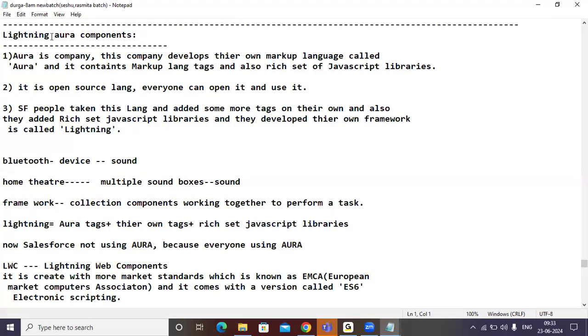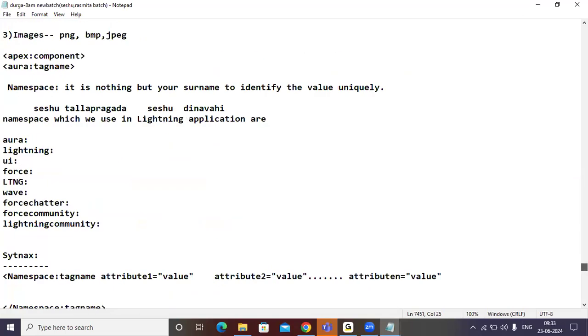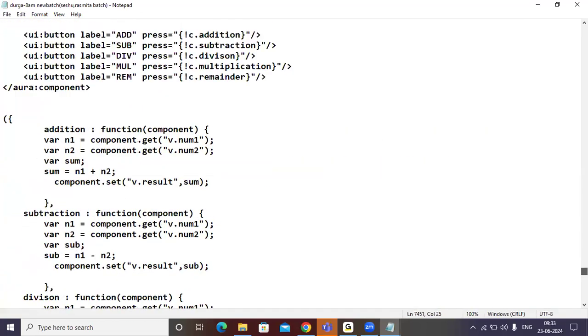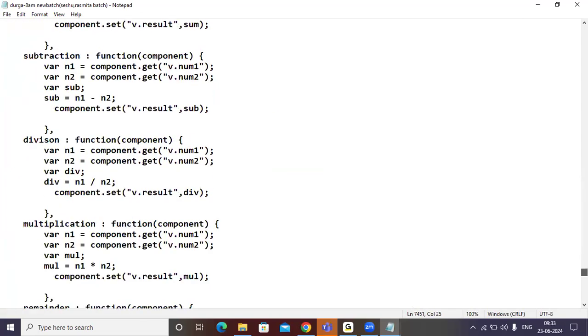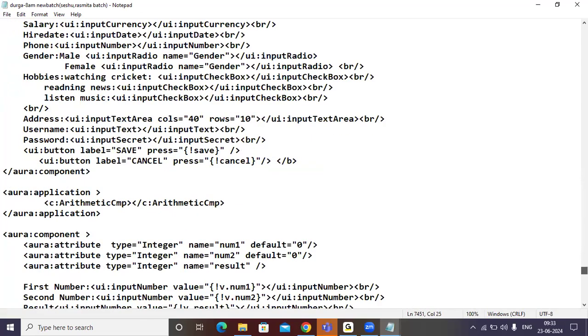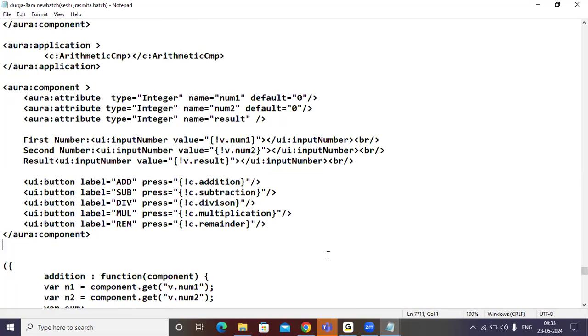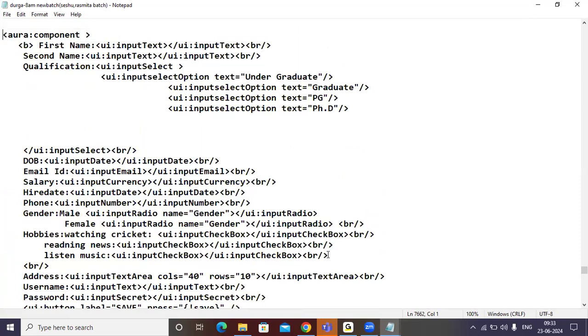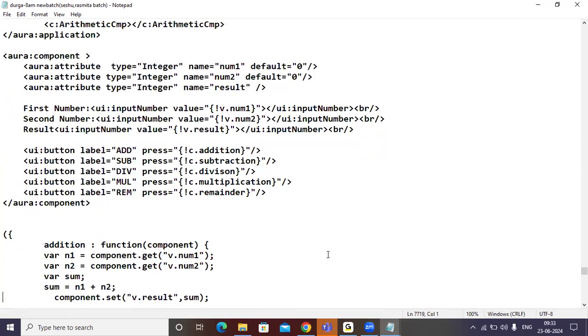See here, Lightning Aura components I'm explaining. For the previous batch, guys, not this batch. You please observe carefully. From here onwards, please observe carefully.